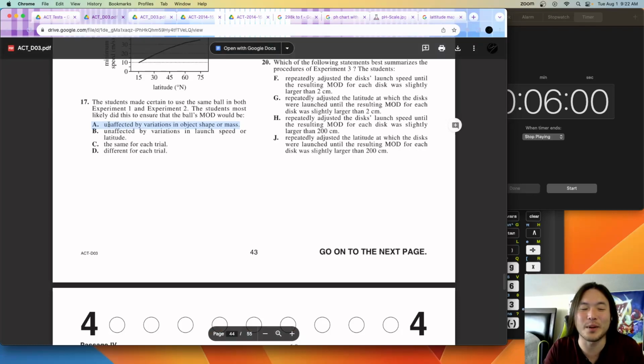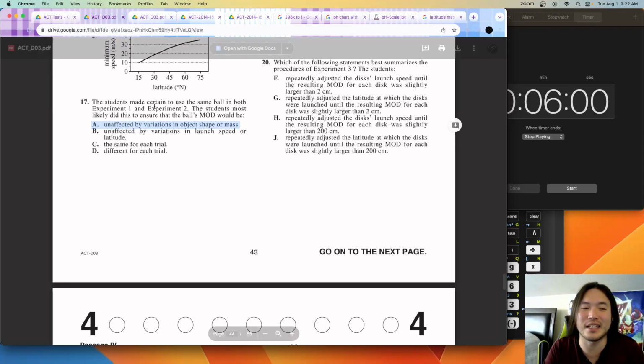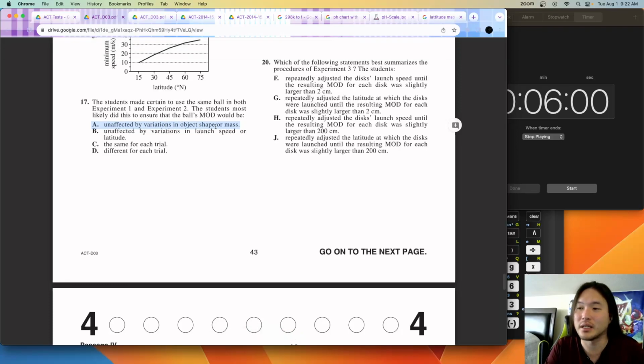Another way to say that would be to make sure that the MOD is unaffected by variations in the object's shape or mass. This one you absolutely need to understand. Obviously,